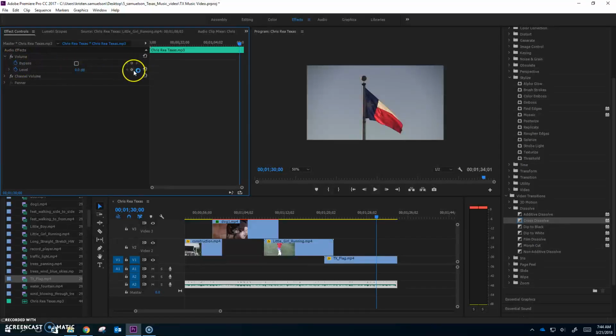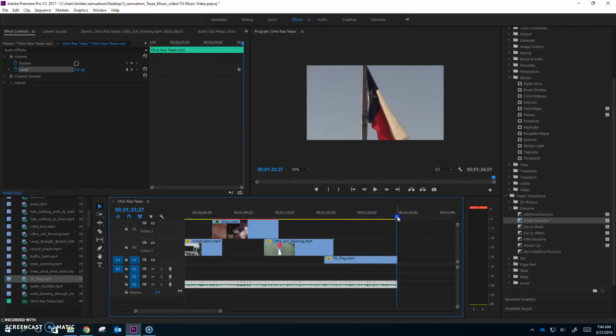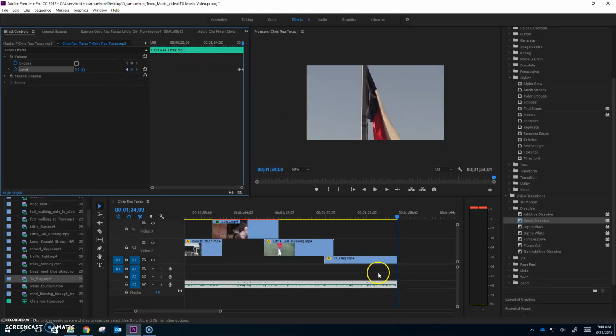So I'm going to come here to level and I'm going to put in a keyframe. And then if I go out to 400, so that's the last frame, put in another keyframe and